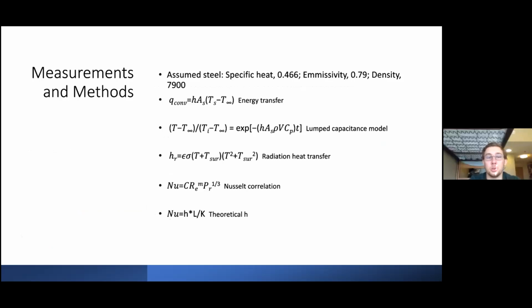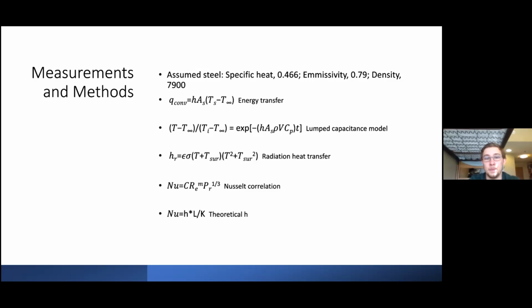Methods and measurements. So the group assumed that steel had a specific heat of 0.466, an emissivity of 0.79, and a density of 7,900. Energy transfer was found by Q convection equals h times the surface area times T of the system minus T infinity. The group then used the lumped capacitance method, with (T minus T infinity) divided by (T initial minus T infinity) equal to the exponent of negative h times the surface area, divided by density times volume times specific heat,